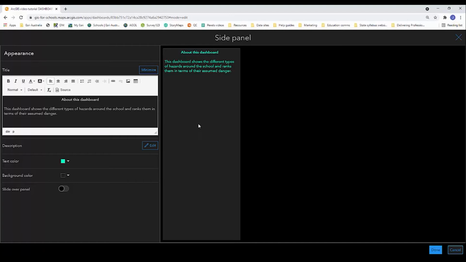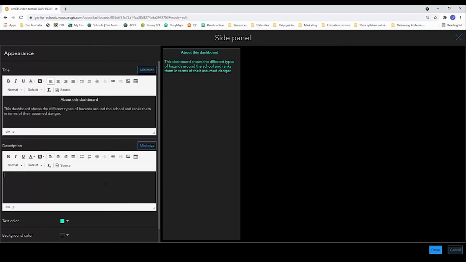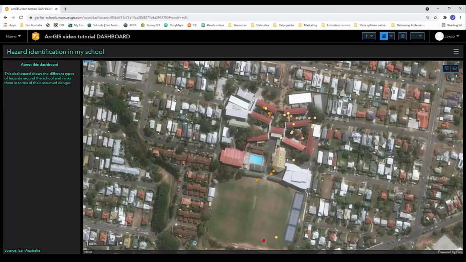And you can build that out. You have the whole side panel to work with. And you'll notice that it builds out from the top in this case. If I wanted to have a large space and have some information at the bottom, that's when I go to the description one. I can go and add some additional information, like that might be author, and your student includes their name. But you can see that from clicking on the title it builds from the top down, and from clicking on the description it builds from the bottom up. Once you're happy, just hit done, and you can see that that side panel has been added